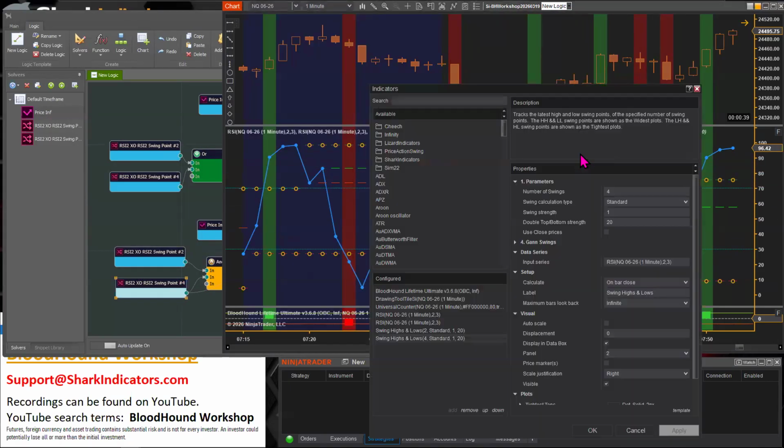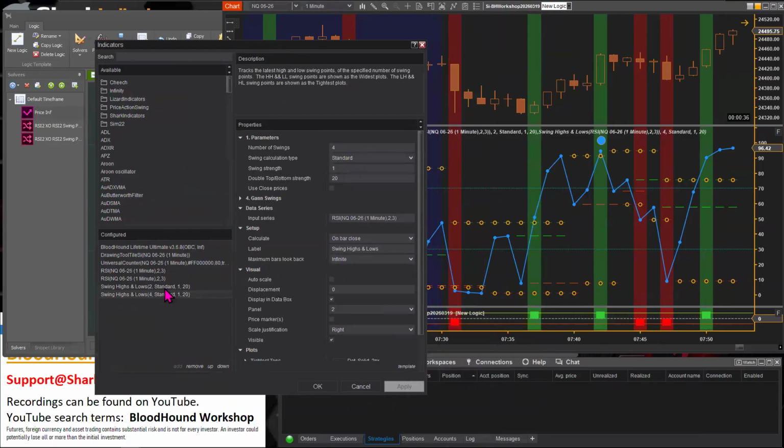Actually, if we open this up, remember that, right, the swing highs and lows, when it's set to 4, is always tracking the highest high and the lowest low of basically kind of like this look back period. It's not actually a look back period, but it acts kind of similar here. So number of swings 4, right? Here's one. This is the most recent swing high. This is the previous swing high. So which one is the highest high? This one's the highest high.